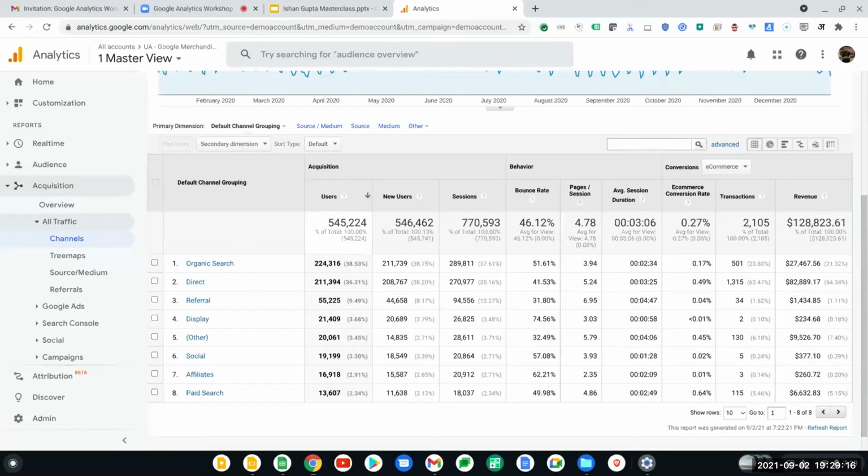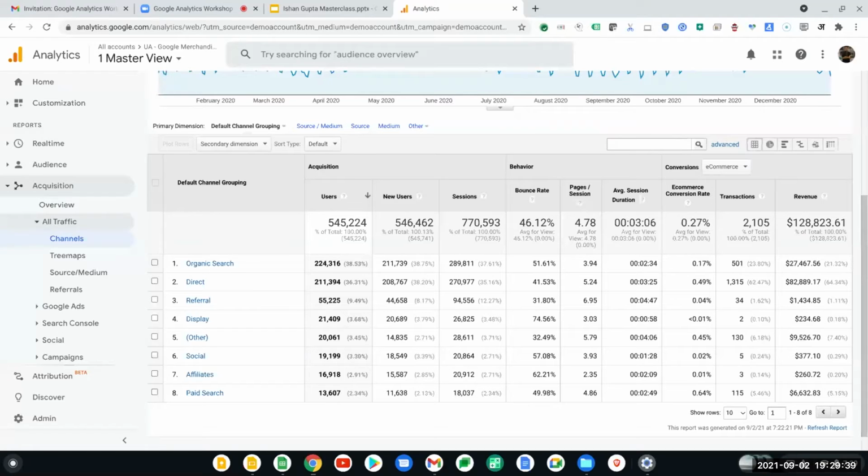Further, you can also have different other data cuts. For example, within paid search, I can look into other dimensions, like how it is performing across different devices. Am I only seeing high bounce rate from mobile as compared to desktop? Is desktop working fine, or is it consistent across?